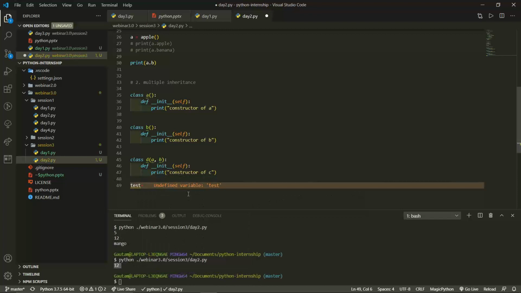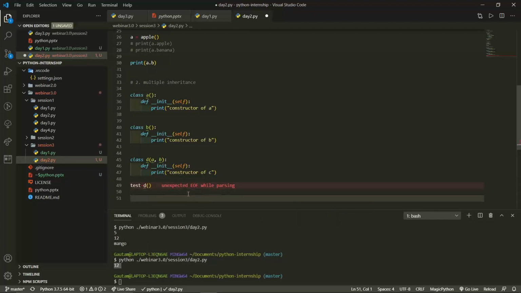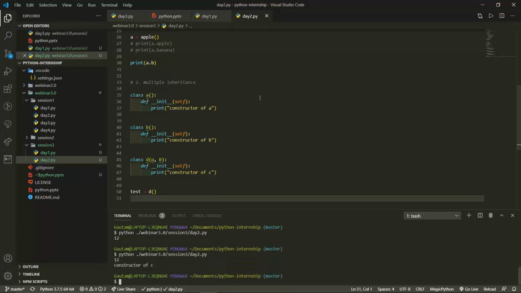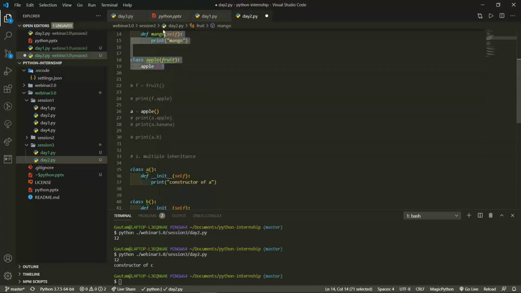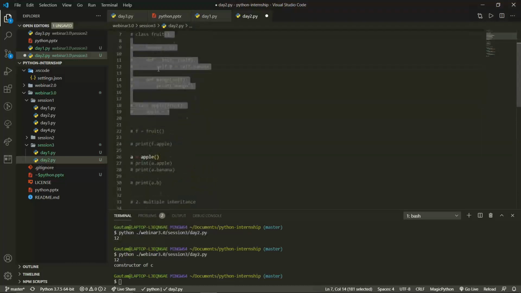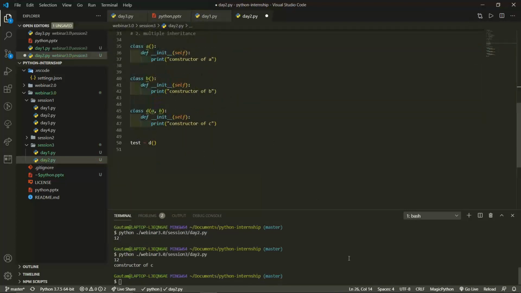I'm just confused with the variable names. So D, and we are making the object of D. And now after making the object, I believe this will introduce the constructor by default. So I will just execute this. So you can see we are getting the constructor over here. I will just exclude these parts, just comment it all out. Okay, so now it will be a better understanding of things. So I'll just execute it.